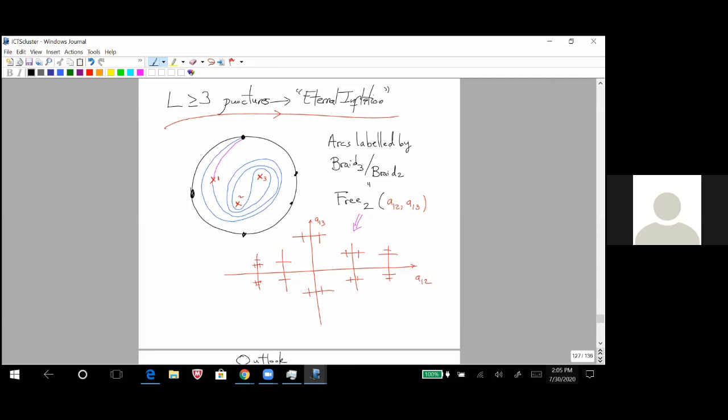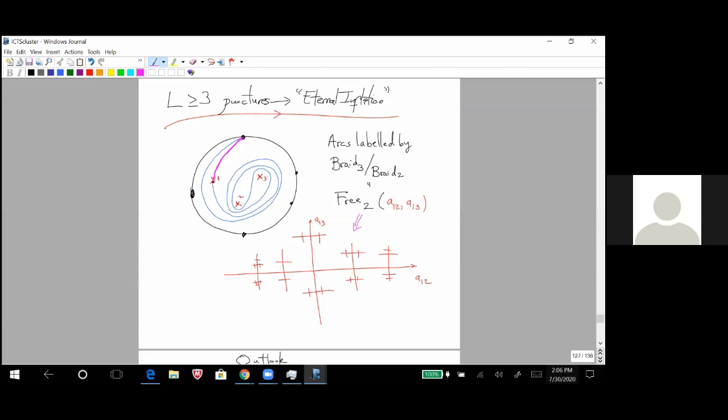But now you see, what are my arcs? Well, I have this arc here. I have this purple arc, but I also have one that winds around in this crazy way before reaching it. And in fact, I told you the mapping class group, in this case, is the braid group. So the braid group on 3 strands is the non-trivial, non-abelian group. And in fact, even labeling the arcs, the arcs are not labeled by elements of the braid group. That's because a given arc, like this arc